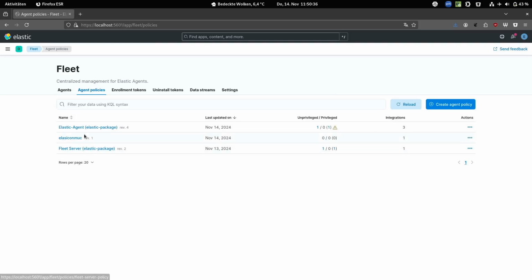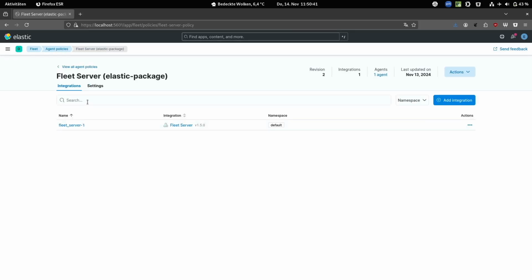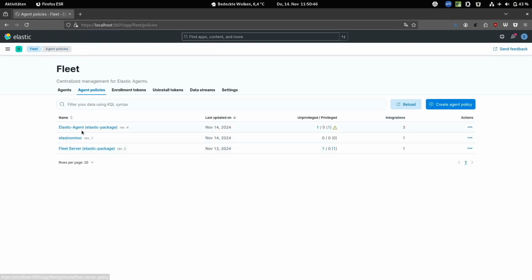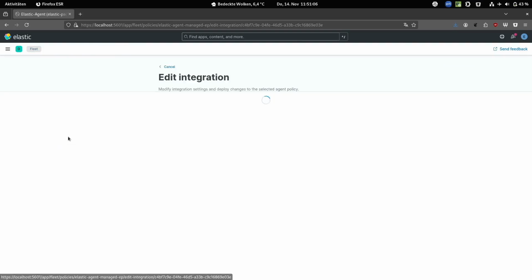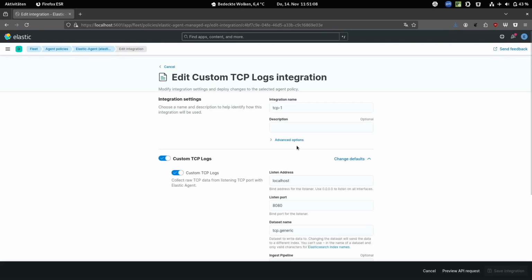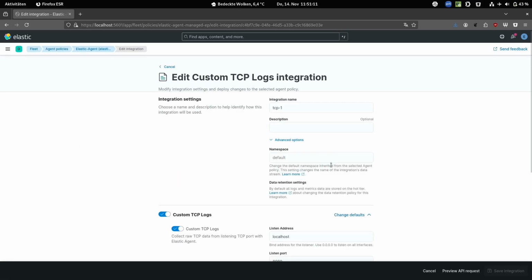We have here the Elastic Agent package, for example, which has the fleet server role. We already have some integrations. I installed them in case I lost connection, so I'm prepared as I was asked. We have system, which is something like standard, but we want to focus on TCP custom, for example. So I have a switch here, and then I place in the namespace.